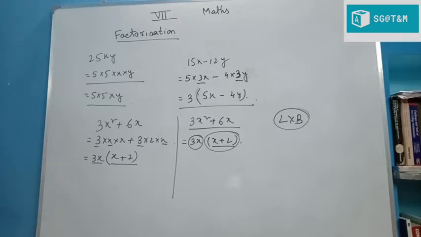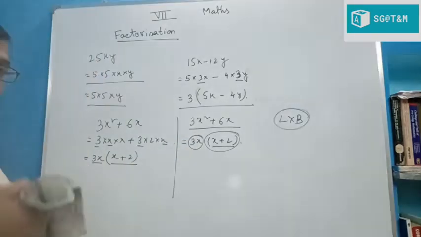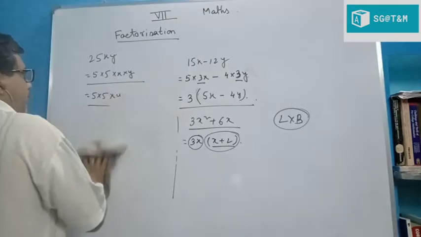First we use factors by selection of common terms. In the first exercise, these are common terms. In the second exercise, we use factorization with the help of the formula of square of binomial, that means the formula a² − b². This comes next. First we study just the common factor, factorization by taking the common term.